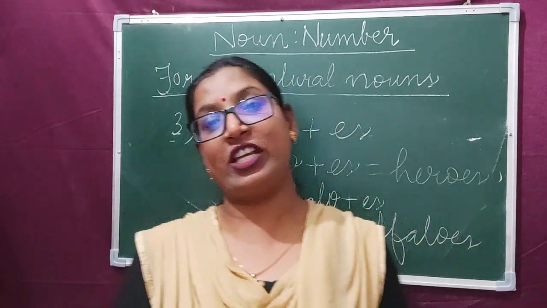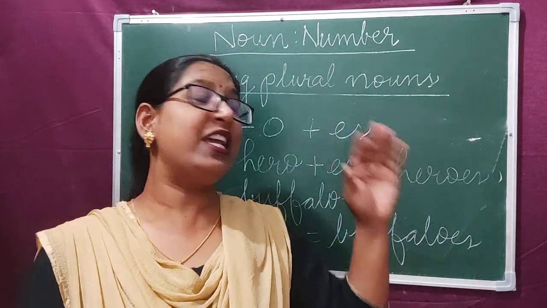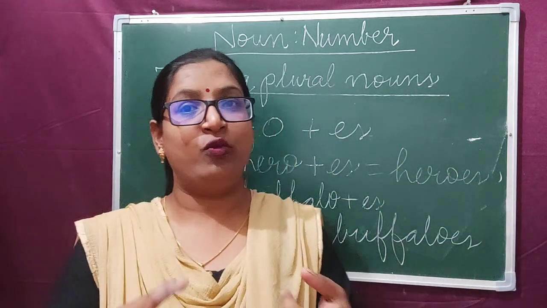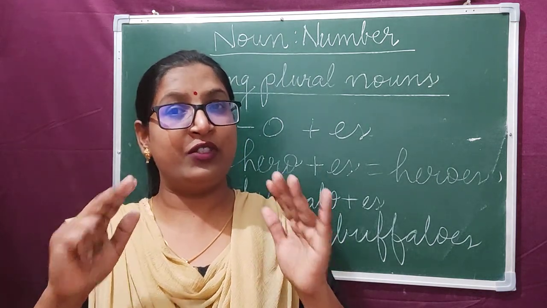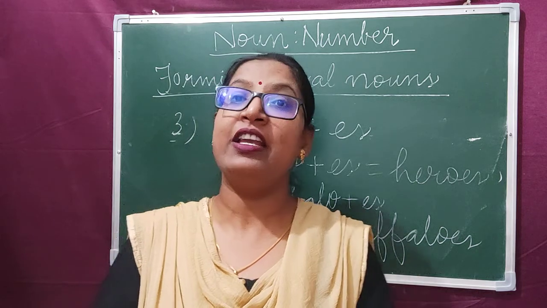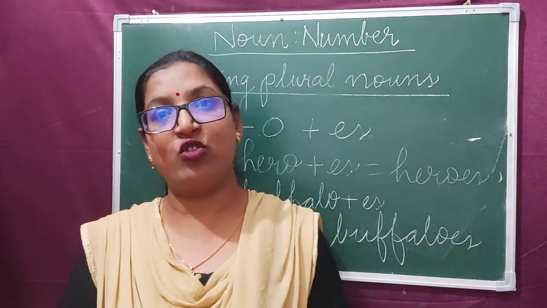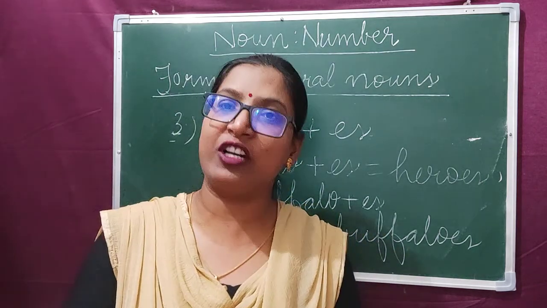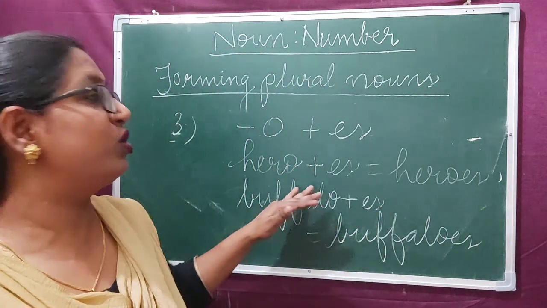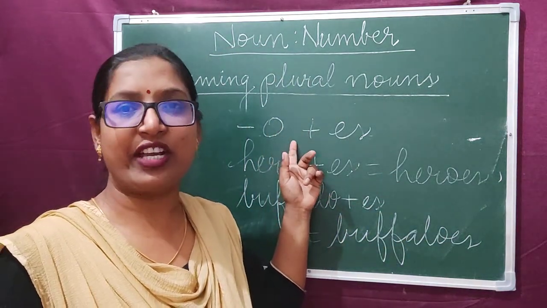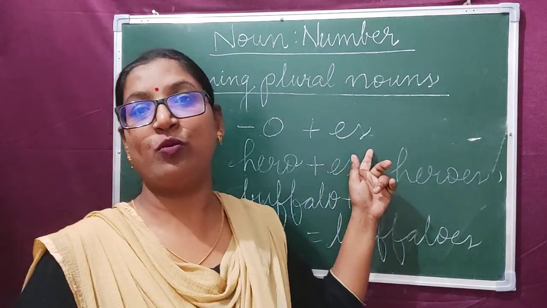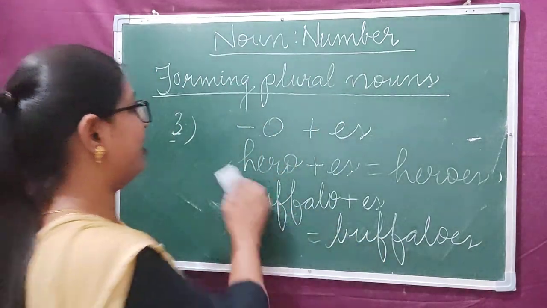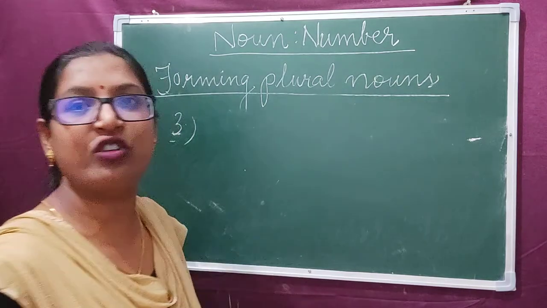Now the words which I am going to tell you now, for those words, this rule is not applicable. As we studied for the previous rule, when we change from singular to plural and the words are ending in F or Fe, F or Fe are dropped down and we add VES instead of that. But for some of the words, this rule is not applicable. The same way in this rule also, usually the words which are ending with O, we add ES with them to make the plural. But this rule is not applicable for some of the words. For example, let's see. Those kind of words we always need to memorize.